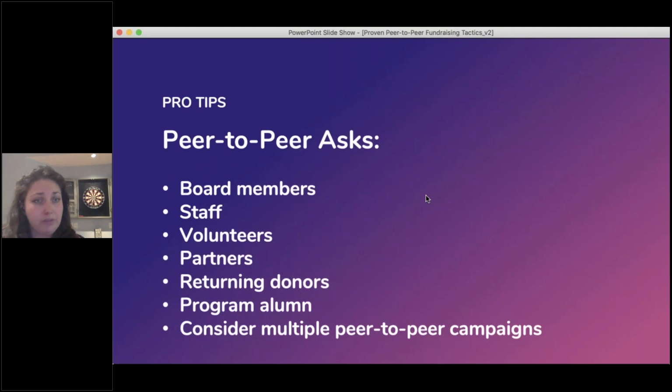Returning donors are great people to tap. So, they're invested in your mission multiple times. It's likely that asking them to be a peer-to-peer fundraiser is a really good next step for them. Alumni of your program, so kind of like Corinne from earlier, she went through their support groups, got a lot of support, and was really excited to raise funds on behalf of the organization. And